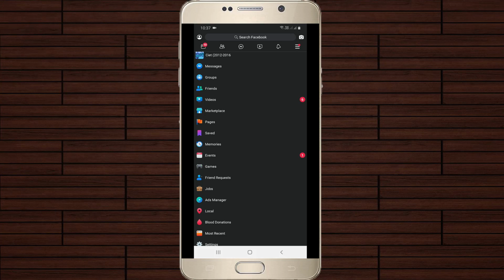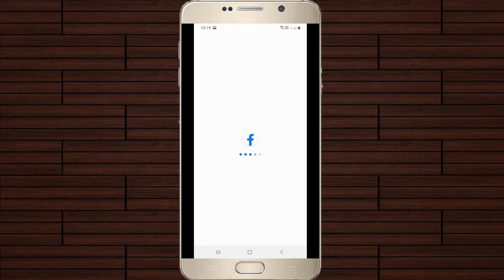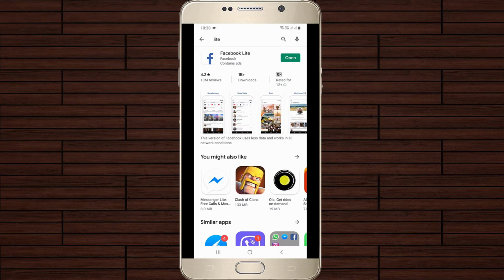So today I will show you how to activate the dark mode feature in your Facebook application, and this dark mode feature is almost rolling out in WhatsApp, Facebook Messenger, etc. And here I show the steps by using my Samsung Galaxy M30s device, but the same feature is also available for all Android mobile devices including iOS iPhone. So anyway, let's go to our tutorial.